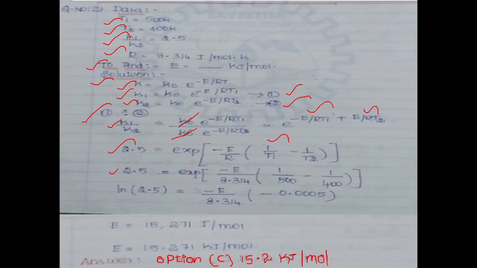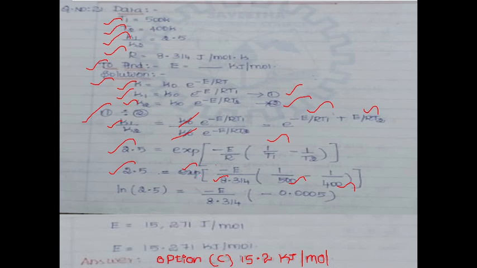So 2.5 is equal to exponential of minus E by capital R, which is given, substitute 8.314. T1 and T2 are given, T1 is 500, T2 is 400. Substitute and find out the capital E. On the RHS there is an exponential term. To remove the exponential, take ln on both sides. ln of 2.5 is equal to